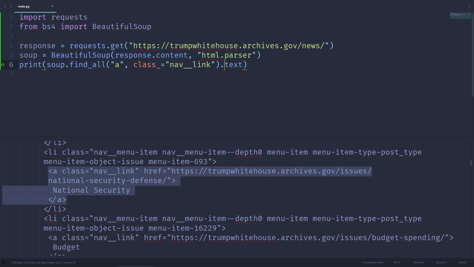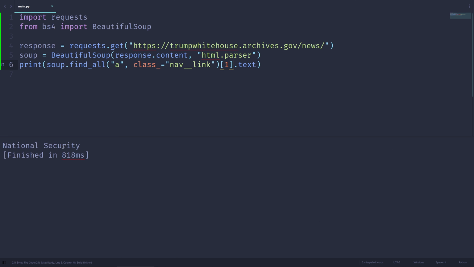So let's specify this is going to give us a list of all the elements. And let's look for the second one, so index 1. And this will give us national security. Or we can just print out, let's say, the length of this list. So we have